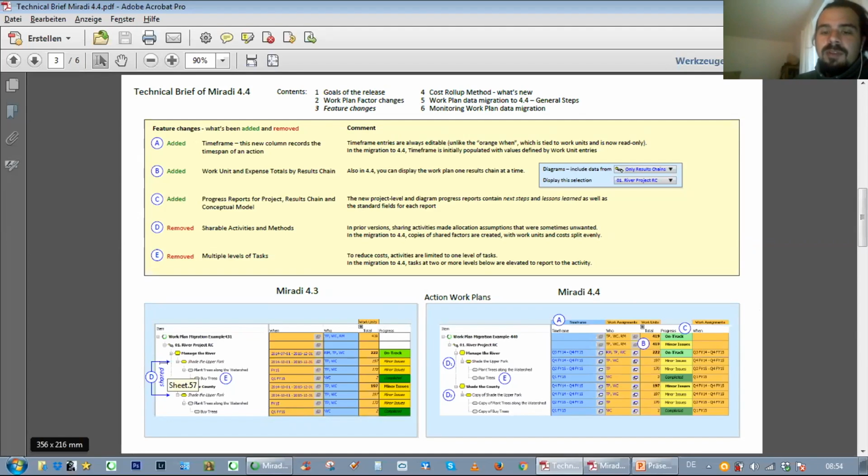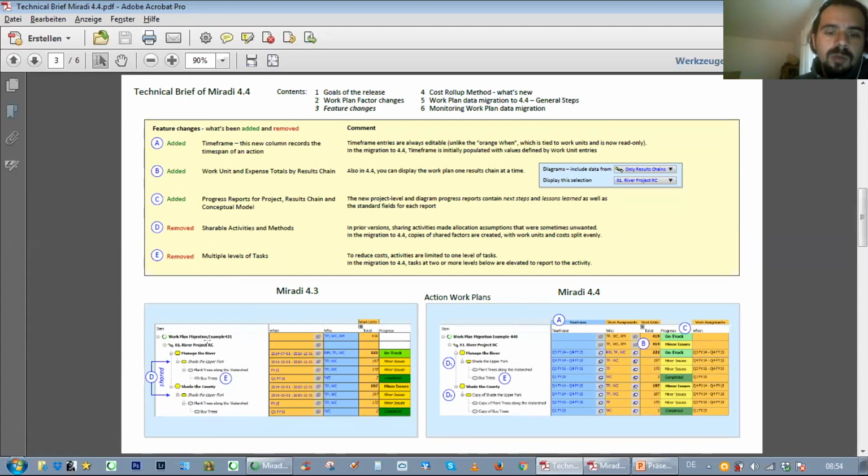So there was a clear need for folks to show the totals of each activity, the totals of each strategy, and then the totals of multiple strategies within one results chain, and that is now possible to be shown. It's a little bit more numbers in the table, but it really helps to clearly demonstrate where the costs arise and where the costs come from.